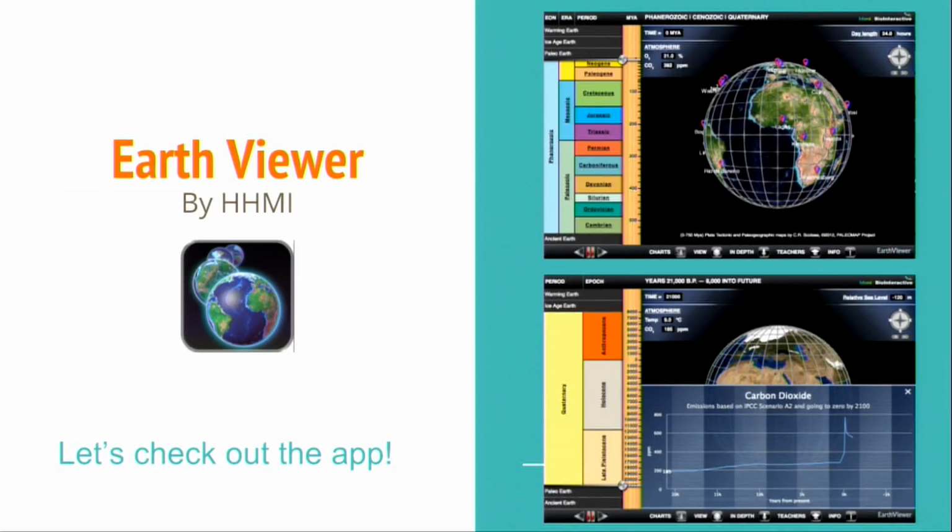So the first app that we're going to look at is Earthviewer. It's by HHMI. How many people are familiar with Earthviewer? Oh, good. This is an awesome app. Here's a couple pictures, but I'm going to go ahead and go into the app. This is one of the apps that, if you click on the link on the notes page,